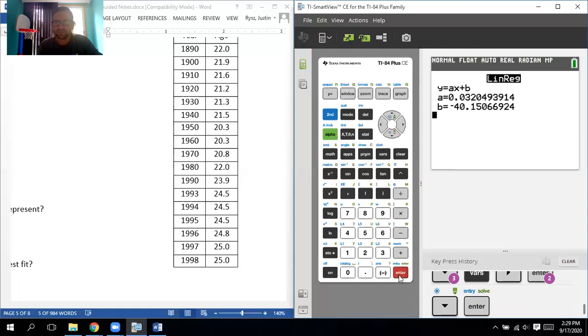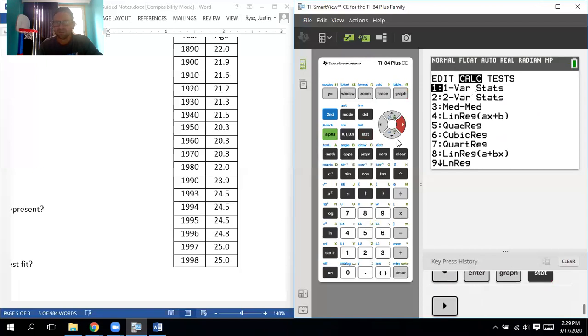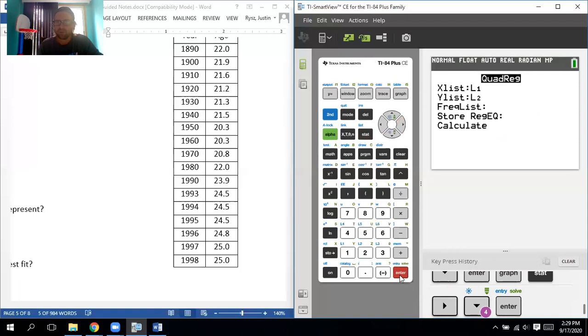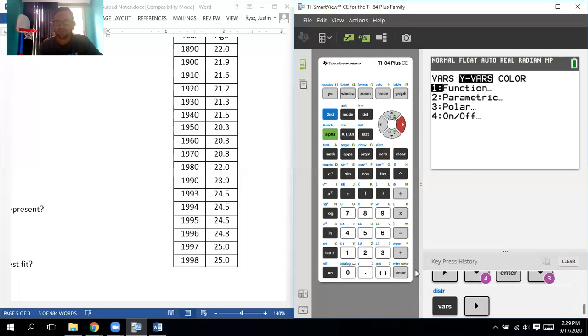Then click calculate. What this does is here we get the equation where, okay, here's our M, our A number, here's our B. But the one thing that we did, that store, if we click graph, it will draw that line in. So, okay, a linear regression, not that great. So if we want to do something better, all we got to do is press stat, do calc. Instead of picking linear, let's pick quadratic. Pick quad. The same thing, we'll just do store regression equation, press vars, Y vars, press